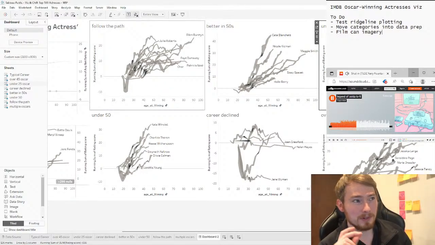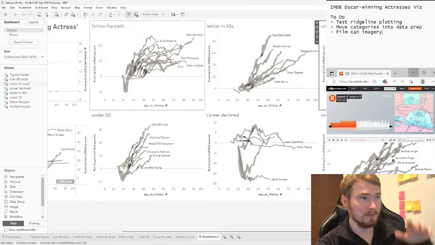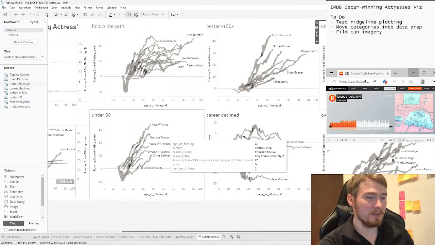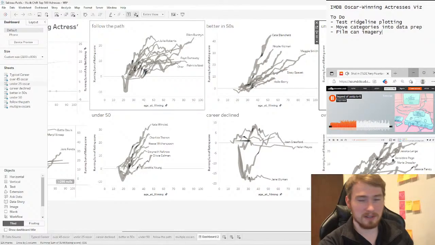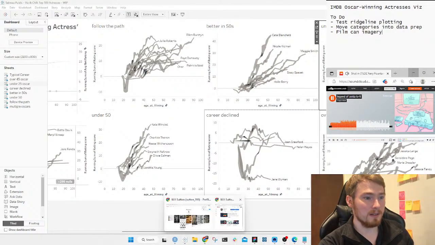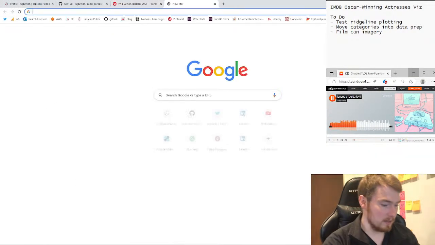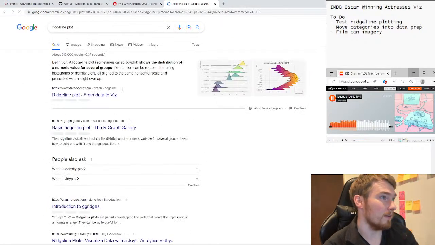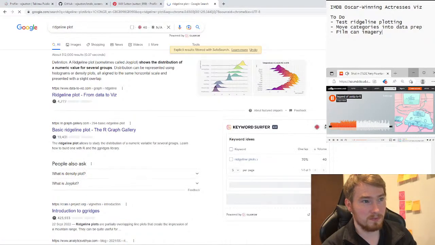So we want to change these into the sort of ridgeline plot where there will be a degree of overlap. Like if I like each line plot. But yeah, so sort of like this.